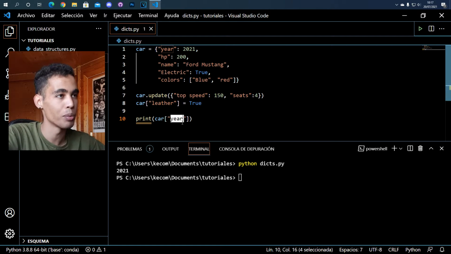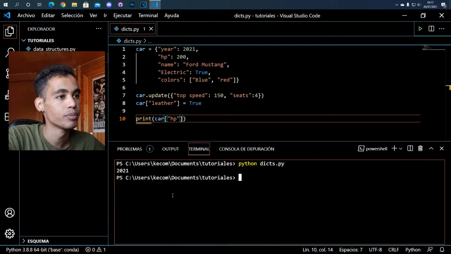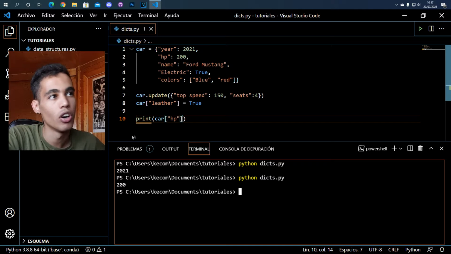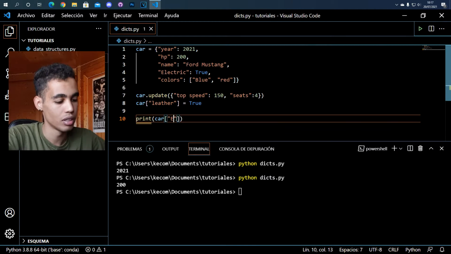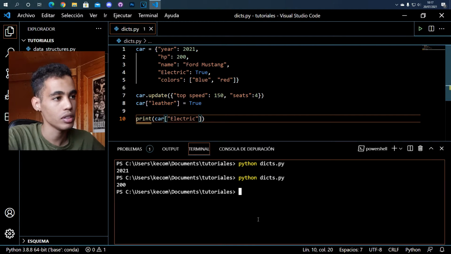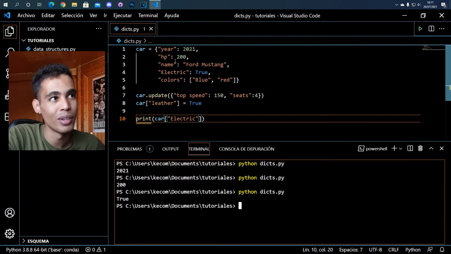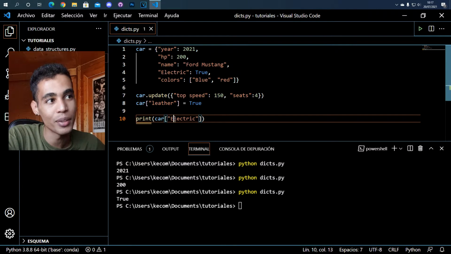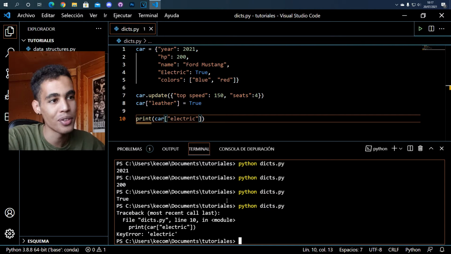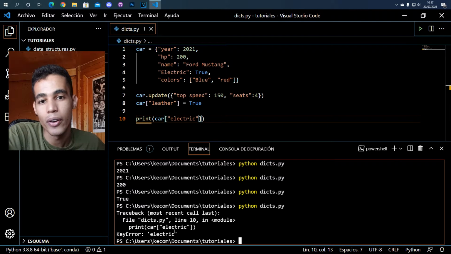The same happens if we put here HP or electric, for example. Now, let's say that we are wrong, and for example, if we don't put the E with capital letters, this means that we are looking for another item which is not in the dictionary. If we do this, we receive an error. This error is because the item is not in